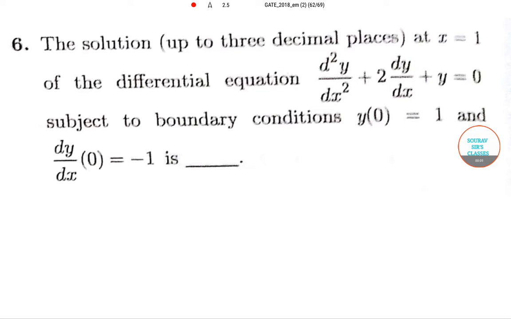Today we'll be solving the Civil Engineering GATE exam paper of year 2018. We'll be solving question number 6 from the Engineering Mathematics portion of the paper. In question number 6, we need to find the solution at x equal to 1